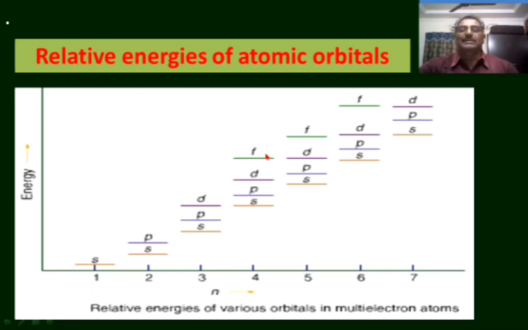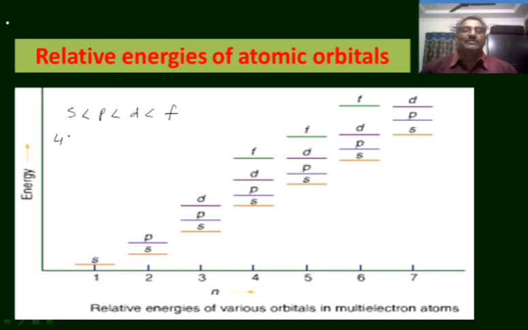Among those 16 orbitals, the 7 f orbitals possess one amount of energy, the 5 d orbitals possess one amount of energy, 3 p orbitals possess one amount of energy, and the s orbital possesses one amount of energy. The energies of various orbitals in a main energy level are in the order s < p < d < f. That means in a main energy level, the s orbital possesses less energy than the p orbital, the p orbital possesses lesser energy than the d orbital, and the d orbital possesses lesser energy than the f orbital.